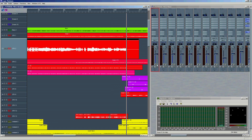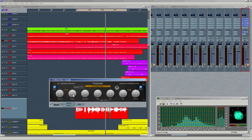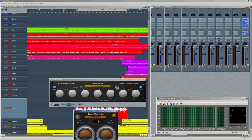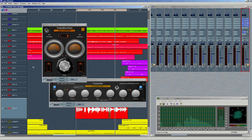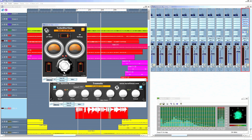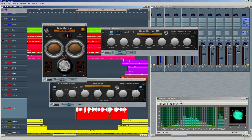Okay, so let's isolate these 2 guitars. I'm going to try something. I'm trying tube distortion instead. And pushed. Much better. Okay, so quad distortion is adding too much. So let's reduce the distortion, but keep